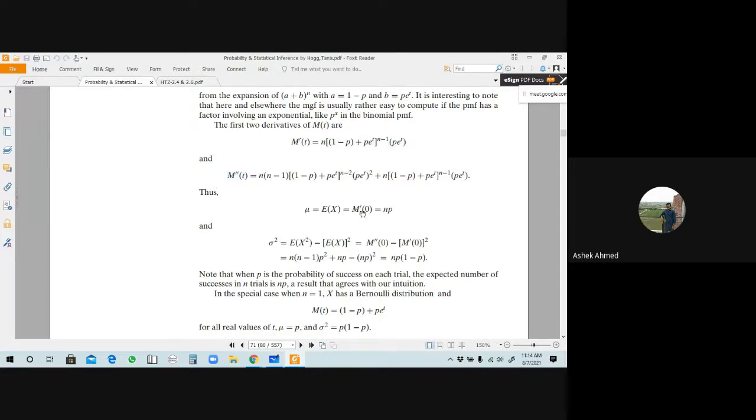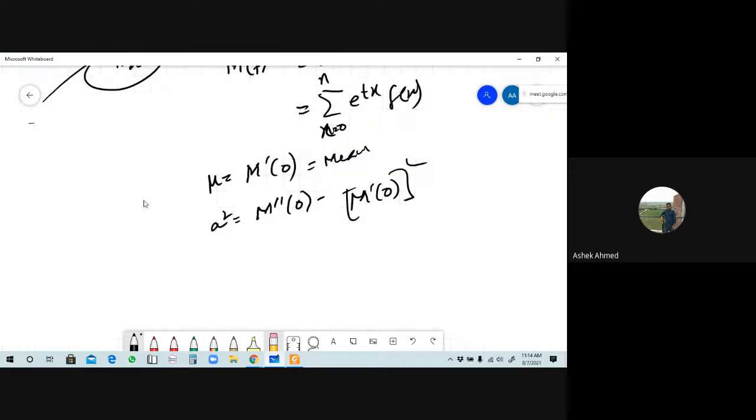Okay, now if you substitute t equals 0 into this line then you will get the result, the mean will be n into p. Okay, and the variance will be n into p into 1 minus p. N into p into 1 minus p. Is it right? Variance is what? This is np and this is what? np into 1 minus p. We know that the value of 1 minus p is q. Okay, so this is the value of the variance of